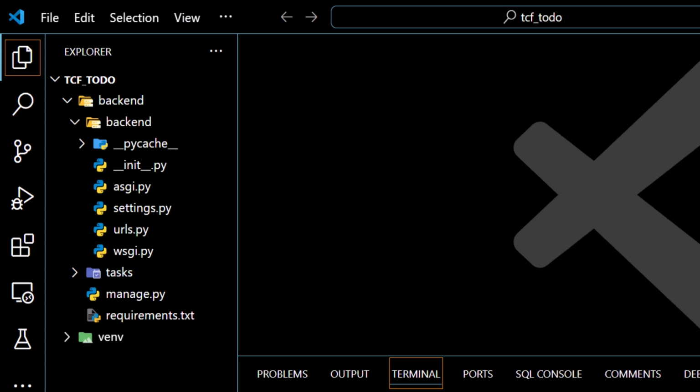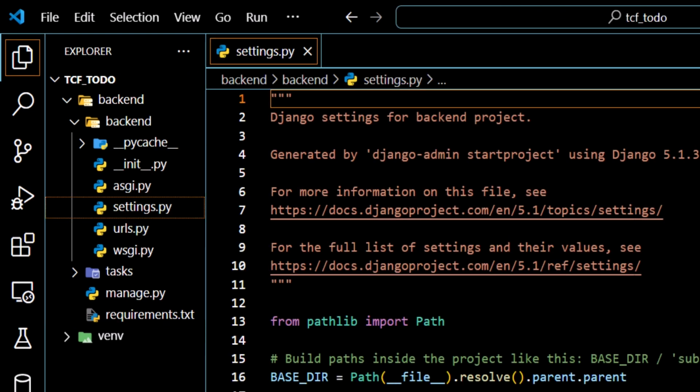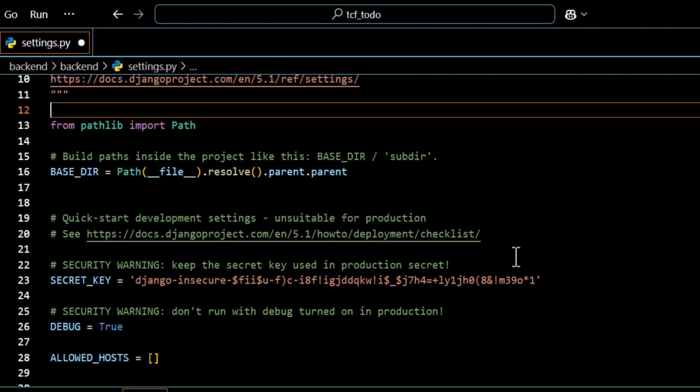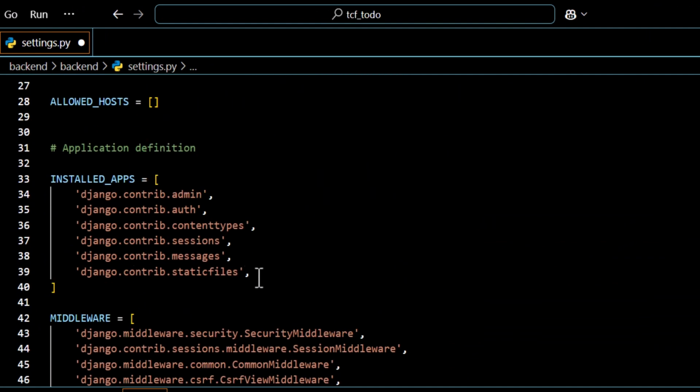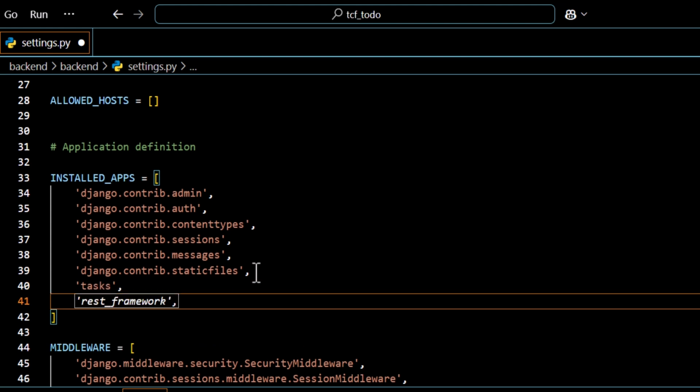In the backend directory, open this settings.py file. Add the following references within installed apps. We're going to add tasks, rest_framework,